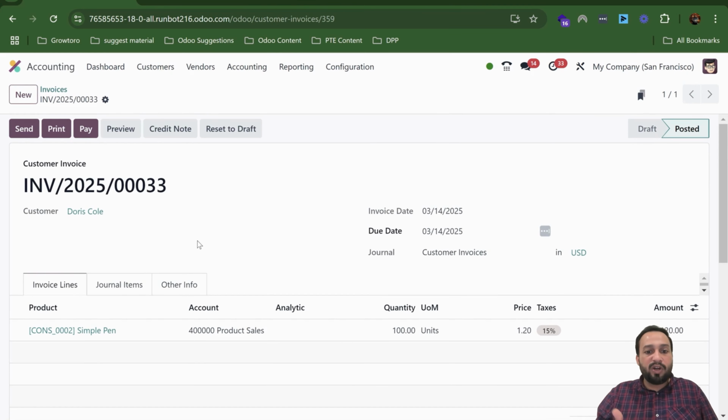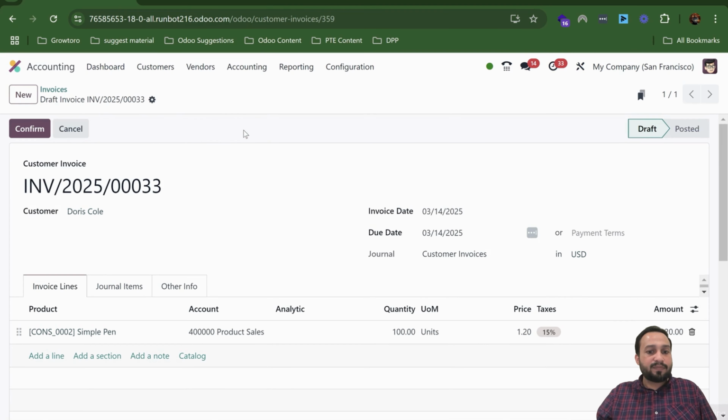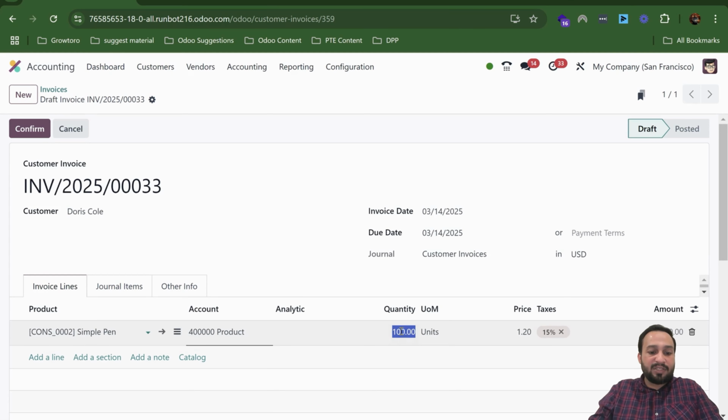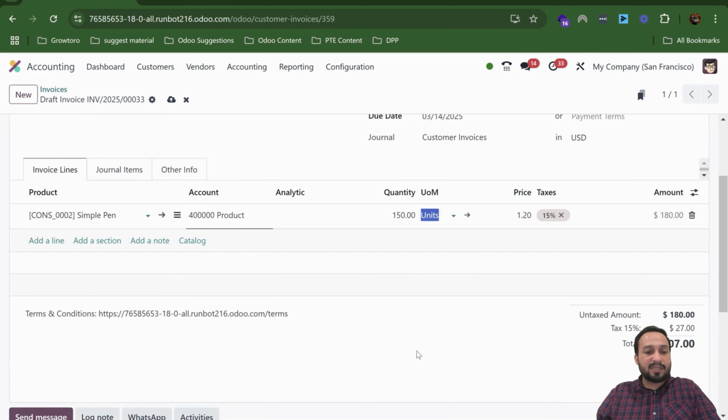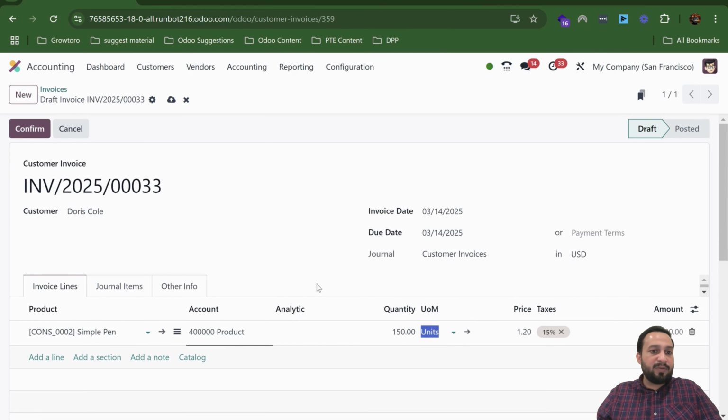in our invoice. I want to modify the quantity because I realize that the quantity is not correct in my invoice. So first I will go with reset to draft. I will click on the reset to draft button. Now my invoice is in draft state. You can see here it went from posted to draft state. So now I will make changes. I say I'm going to sell 150 quantity to this customer. That was the issue in my previous invoice. So I will confirm this again,